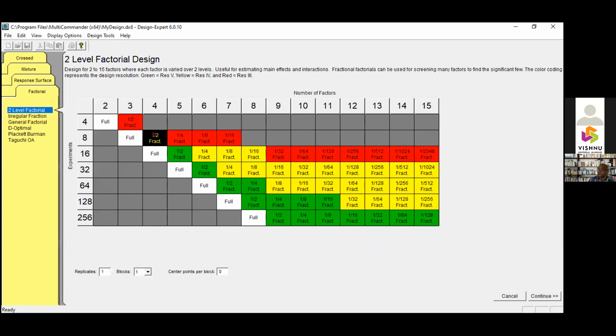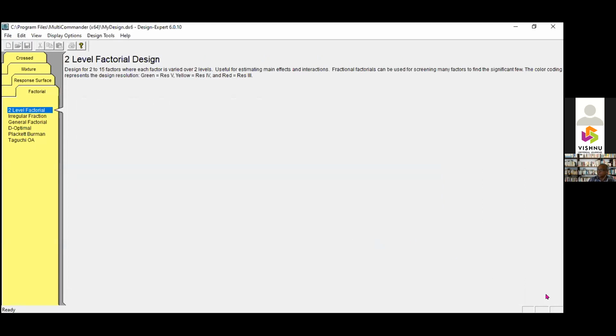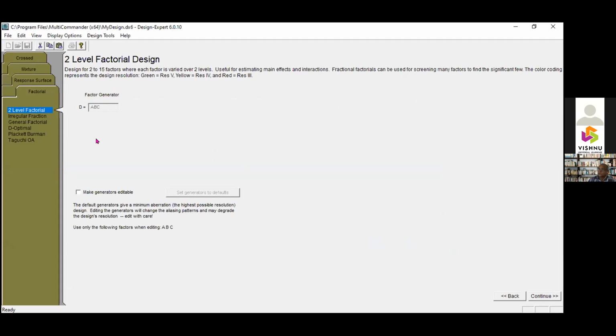Oh, that was a full factorial experiment. Okay, that is why it did not come. So for a full factorial, there is no problem.